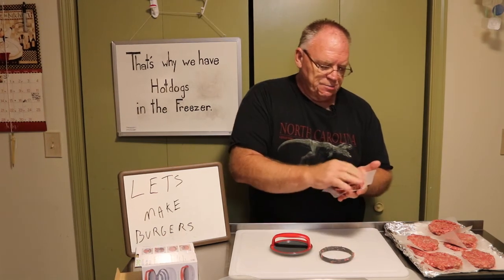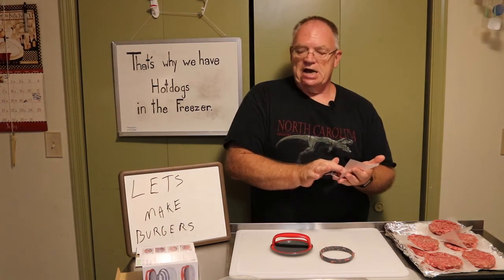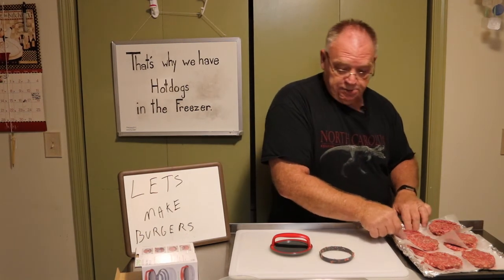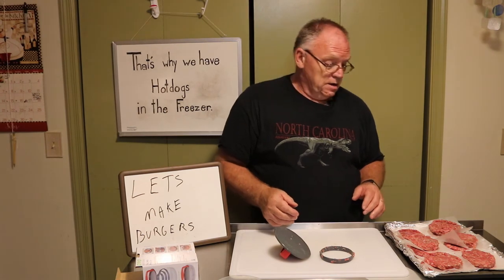Yeah, I could have used that smaller cup, but for that you're basically making sliders, and I would have used the smaller ring, which is good. I mean, sliders are just as good as hamburgers. You just have to eat more of them. So anyway,